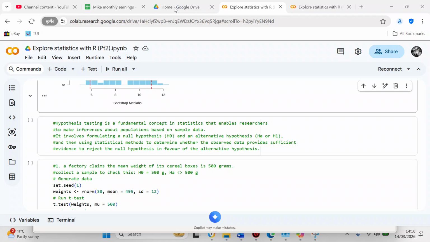So those are the three main libraries that you would use to perform hypothesis tests in Python,